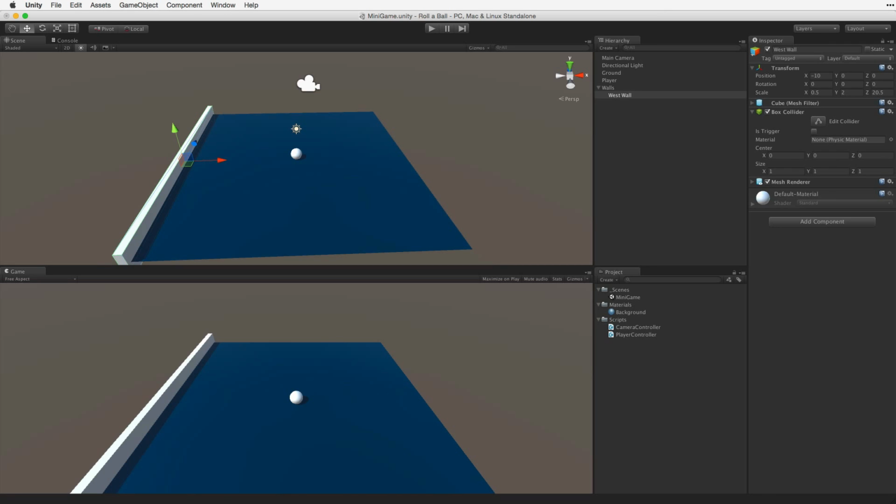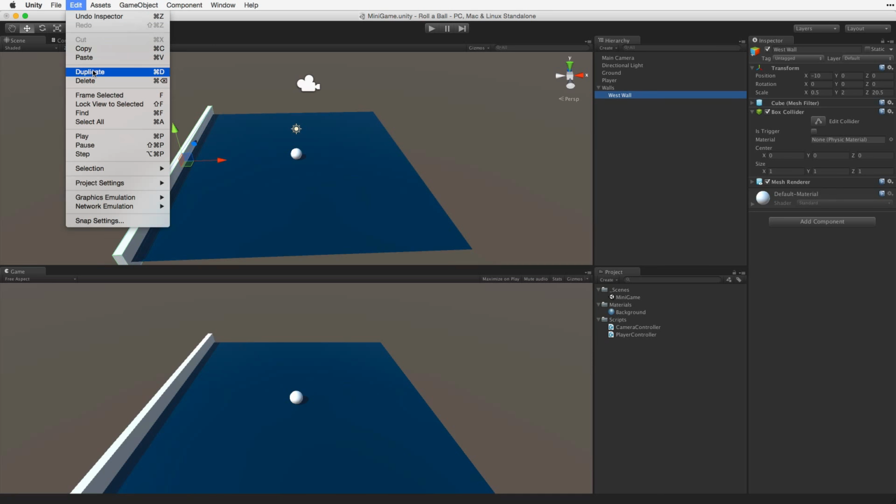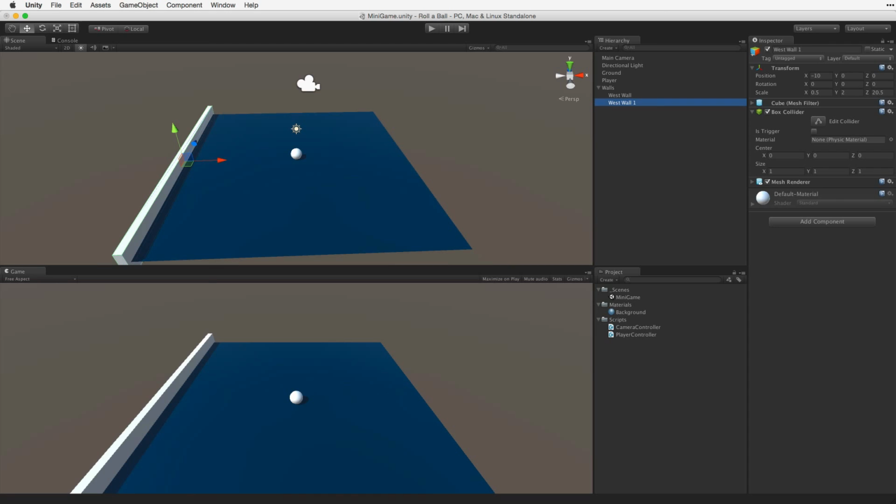To create the next wall, we could start with another new cube, but then we'd have to rescale this new cube before we placed it. Our current west wall is already the perfect size. So, let's duplicate the west wall game object. Let's rename it East Wall. To place the wall, simply remove the negative sign and it pops into place on the east side of our game area. Now let's duplicate the east wall